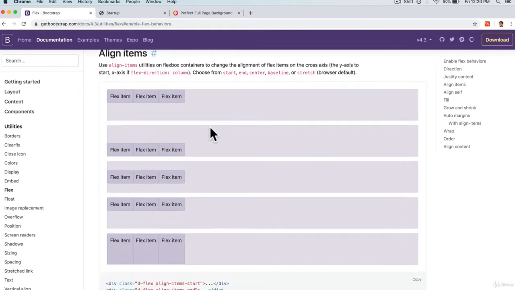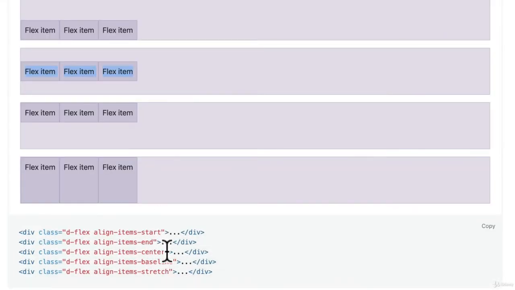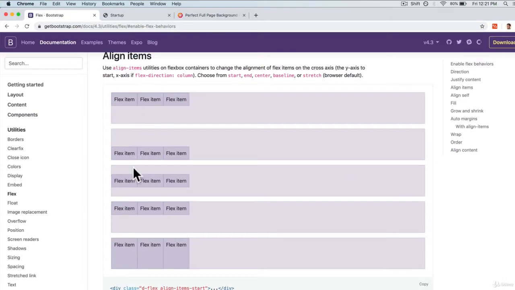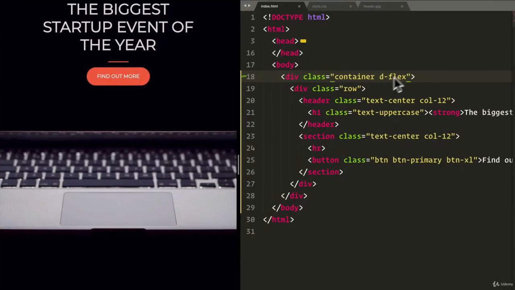And this, if we scroll down, is what we want right here. Align items. If we look over here, it's align-items-center. So if I copy this, which is this one over here, and we add align-items-center. If I refresh,